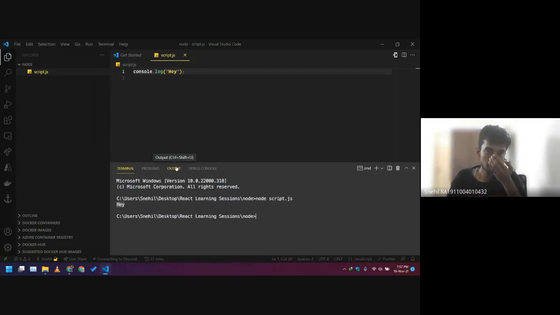So this is what Node.js is used for. There's also something that comes with Node.js that allows you to install different libraries. It's similar to what pip is in case of Python. So pip allows you to install different modules and libraries. Similarly, there's something called npm, that is the Node Package Manager, and this allows you to install Node.js